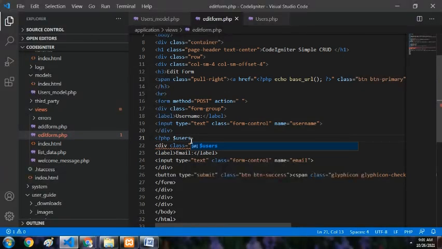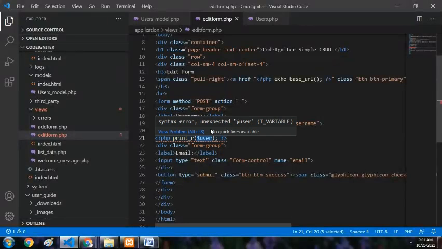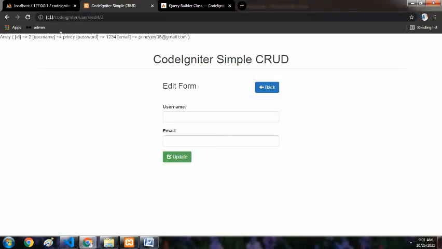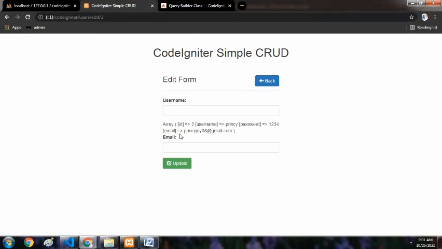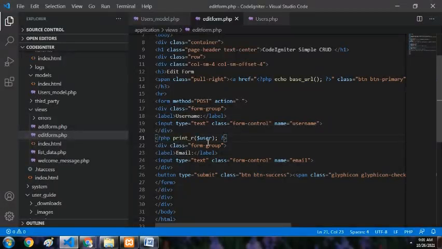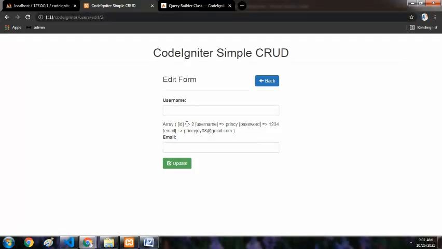As we already saw the users listing data, in the same way we will get the single user data. Just printing, because it is also an array, a single row array. If you print the data, we will get the data here. I was just printing it below that, username. So we got the data like this. Now what we have to do is populate the data one by one. Username. Previously we got the data from result. Now it is in a simple array format.